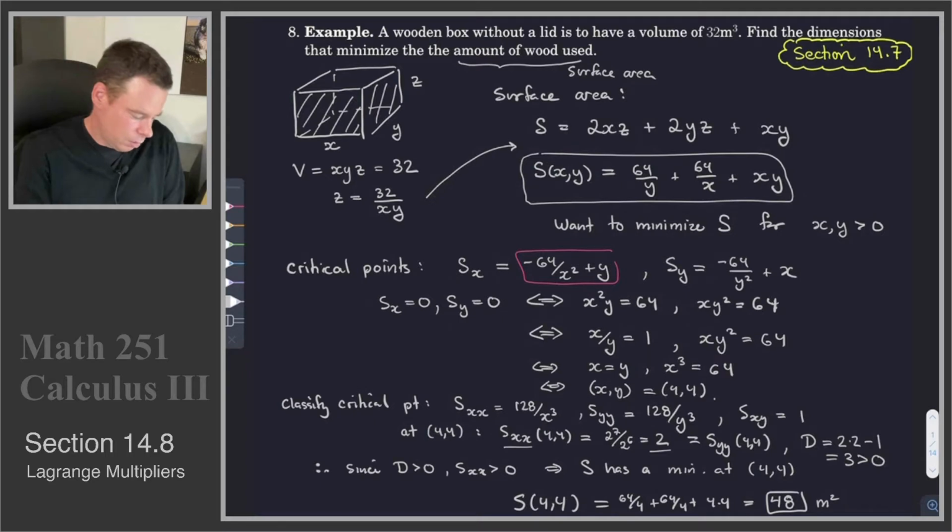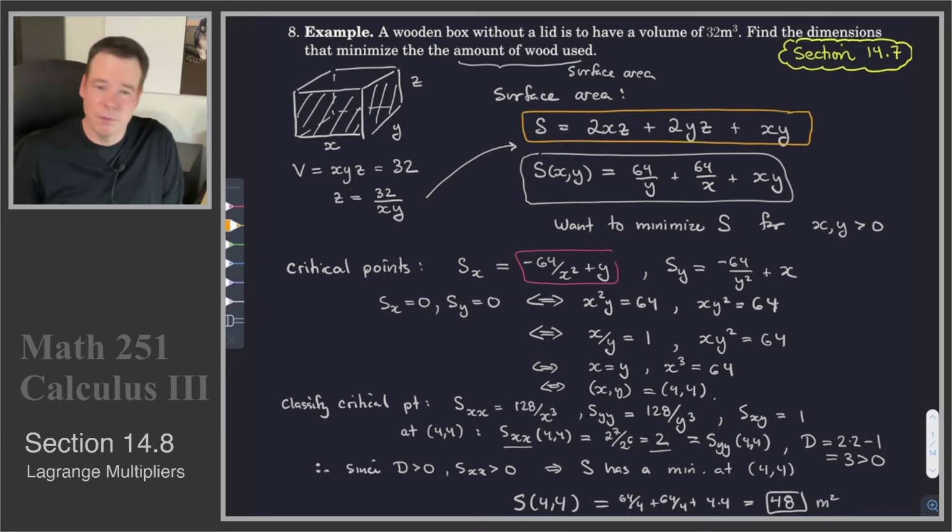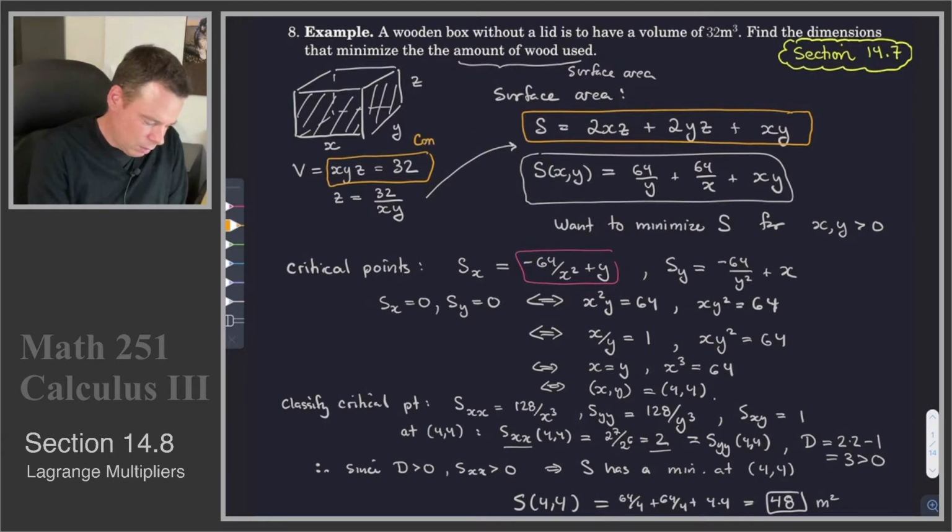But let's have another look at this example. So we had a wooden box and we wanted to create it so that it had a fixed volume of 32 cubic meters, but we wanted to minimize its surface area. So here we were interested in this surface area function, which is a function of 3 variables, but we were interested in only finding the minimum of this surface area function where our 3 variables had to satisfy this condition that x times y times z was 32. So this is what we call a constraint,